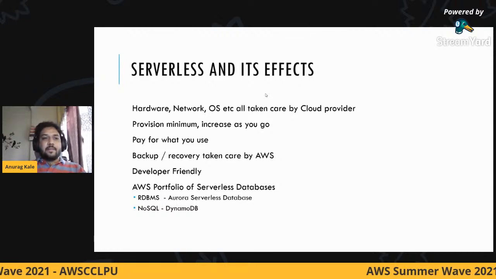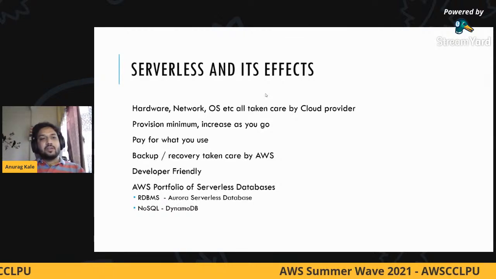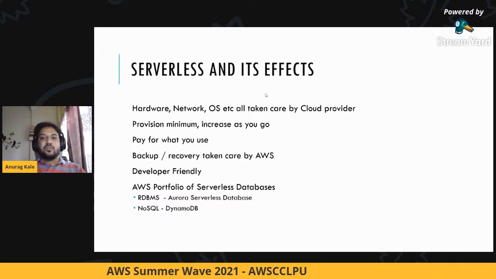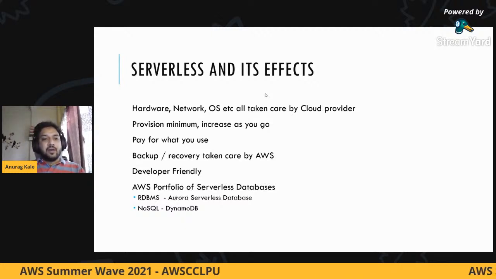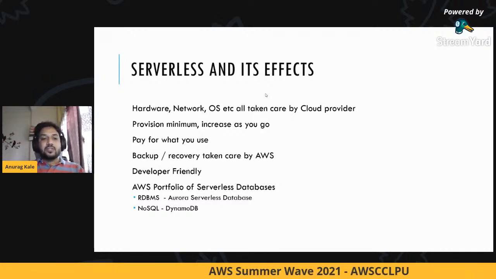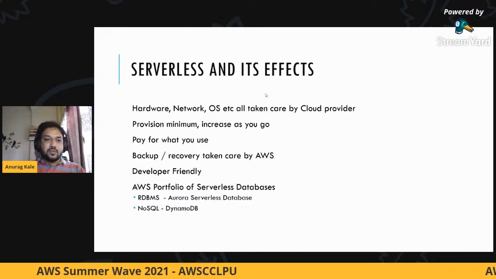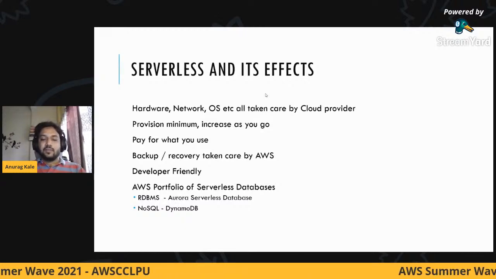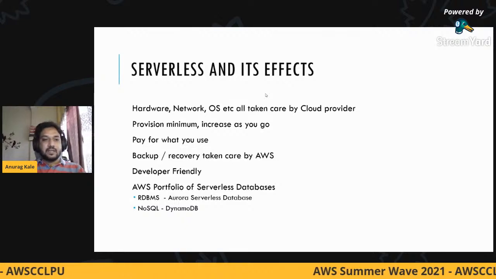Similarly, the serverless model has come up with a unit definition. It says that if you are using this amount of, let's say, database services, that means you have consumed 1 unit of database. And for that 1 unit of database, you are paying, for example, $1, right?